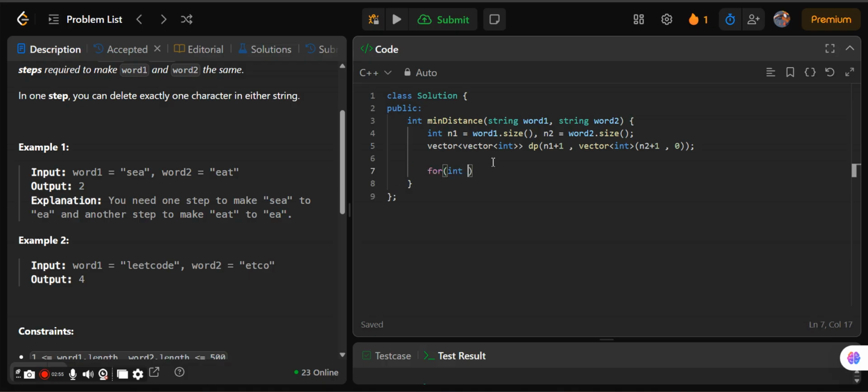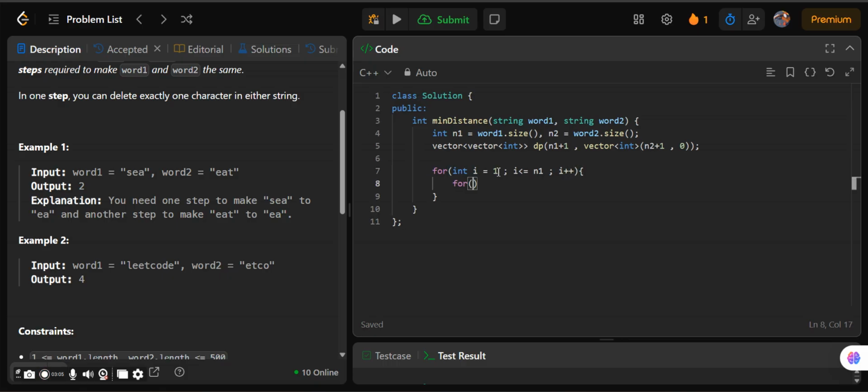Okay, now we will do the loop. For int i is equal to 1, i less than or equal to n1, i plus plus, for int j is equal to 1, j less than or equal to n2, j plus plus.